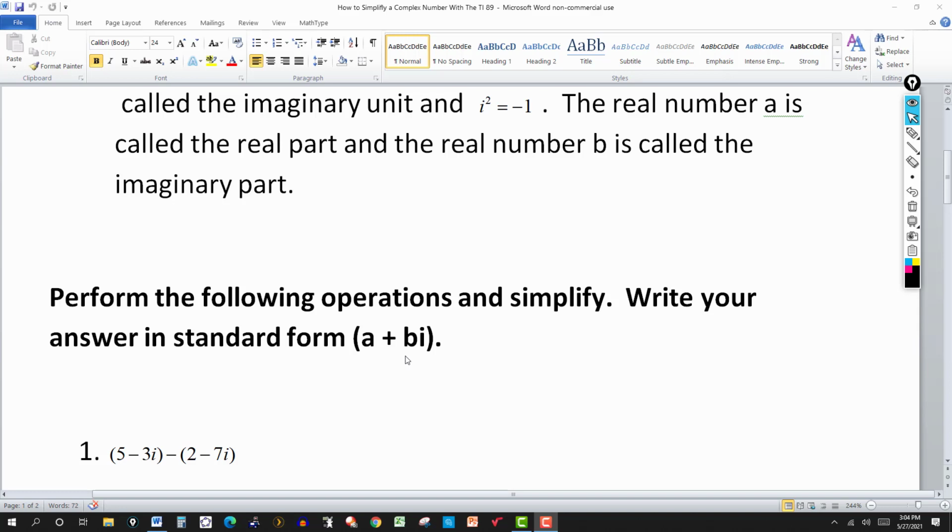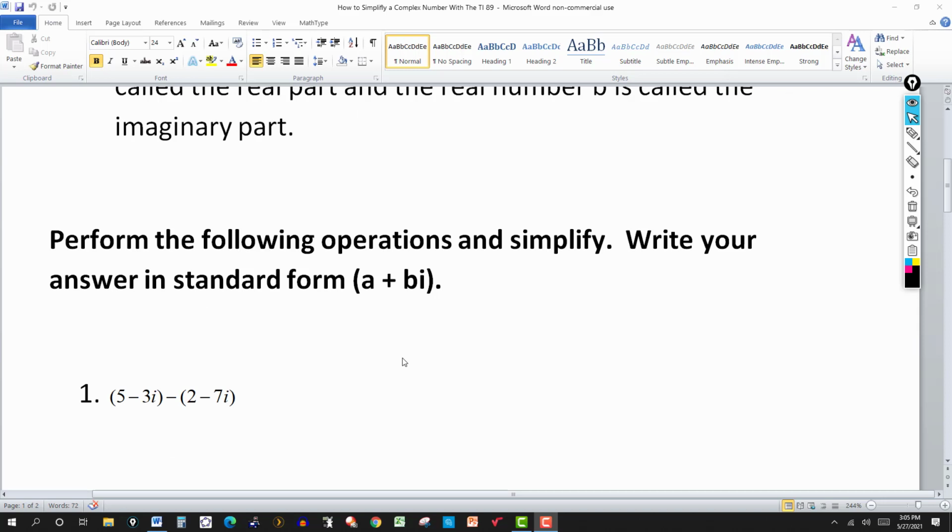Now addition and subtraction of complex numbers is pretty straightforward. Just think of the i as a variable, like x, y. You combine like terms, right? 2x plus 3x, you can add them if you have the same variable. So just think of i as like an x. And here we have 5 minus 3i. That's one complex number. Subtract another complex number, 2 minus 7i. So in this case, we're going to have